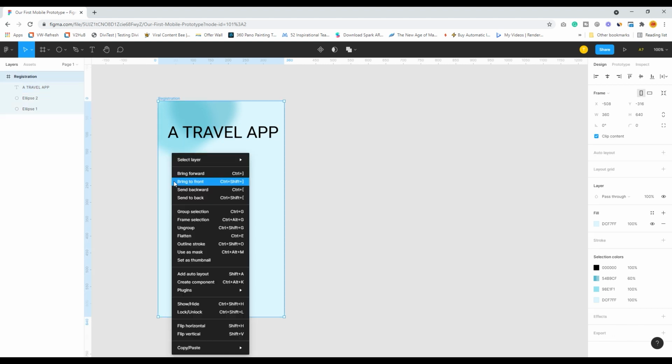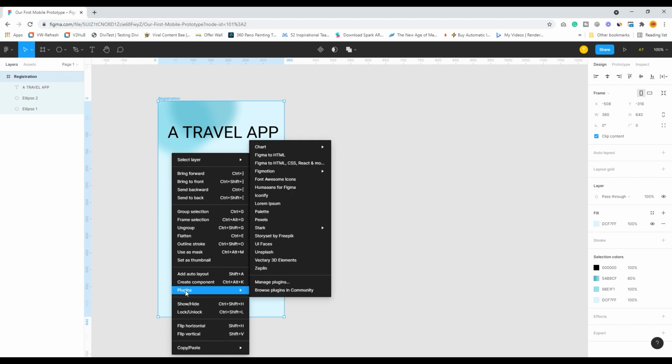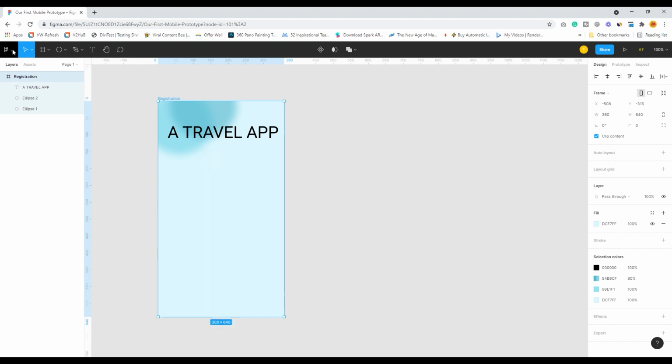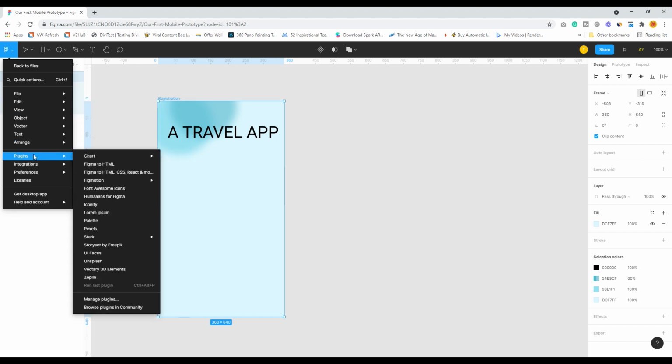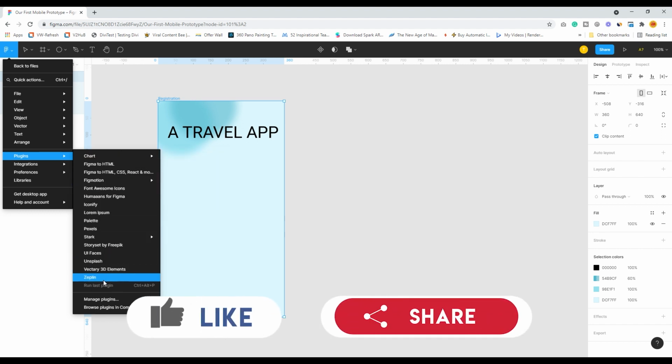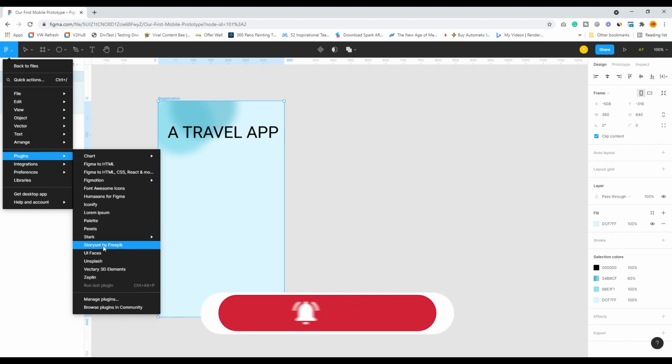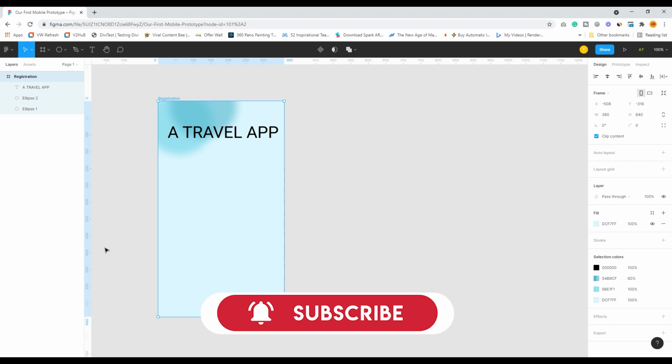You can also use a fantastic plugin. Now I will take you through some plugins, how you can use these plugins of Figma from the Figma community. You just check over here. So you can right click right away and check the plugins, or you can go to Figma menu and over here you can actually add plugins. So I have over here a lot of plugins that I have used over here. See, so many plugins that I have already used. So for the time being, as I have told, I will just try to go StorySet by Freepik to get some vector images out there.